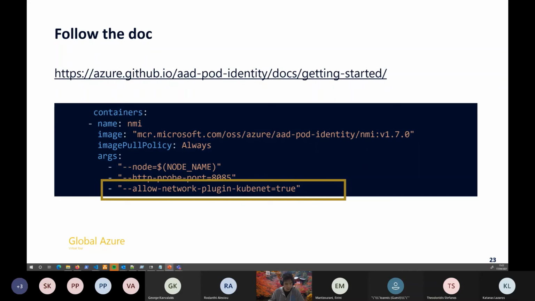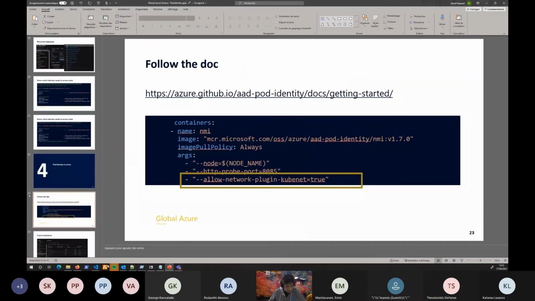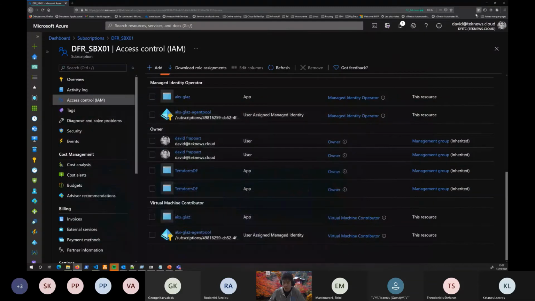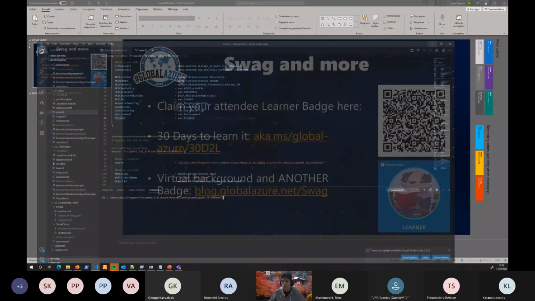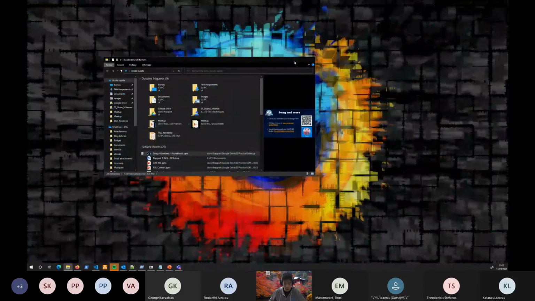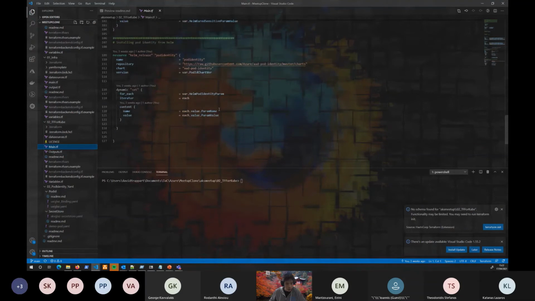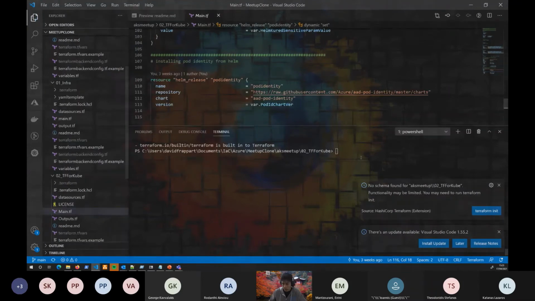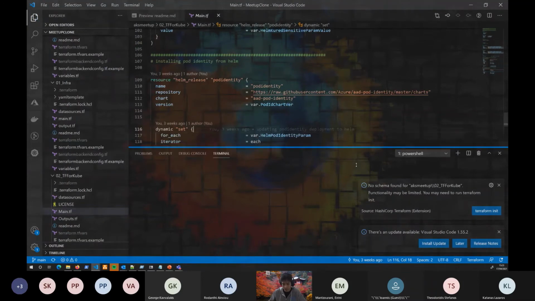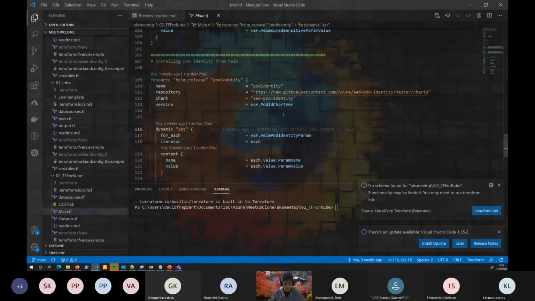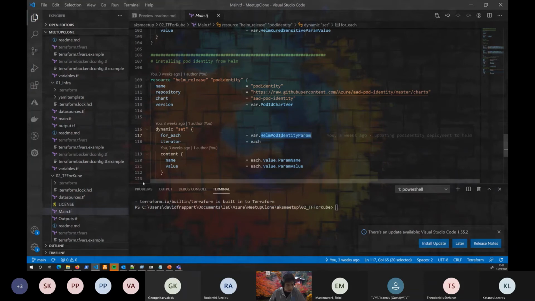Okay. So if you do that as I did now with a Helm chart, you have that somewhere over there. Where was I? Okay, over there. So if you want to install that through a Helm chart, you can see that I'm still using Terraform because I kind of like this one. And we will do the installation live. I'm just using a release named pod identity, specifying a few parameters, and those few parameters are just the ones that I mentioned earlier.